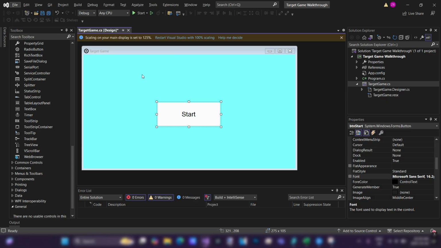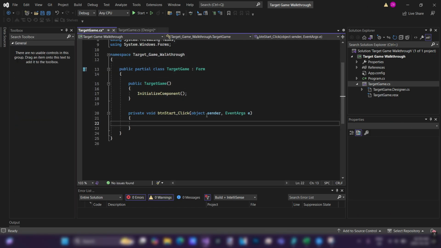So here, just get started with a little form, target game icon. I got a button, start button. I'm not going to make this thing look pretty till the end. Just going to get the functionality working. So just like we did with the other game, when I press start, I want to start the game. So if I click the start button, I'm just going to get rid of the start button, or at least